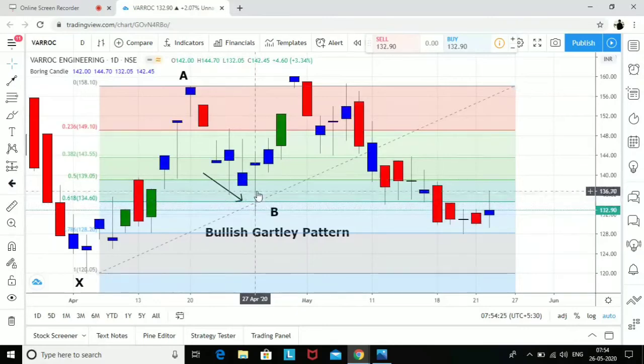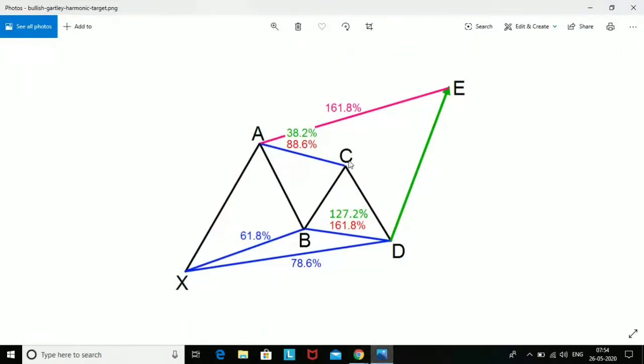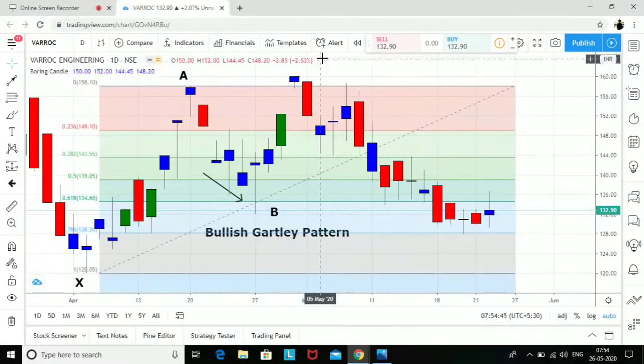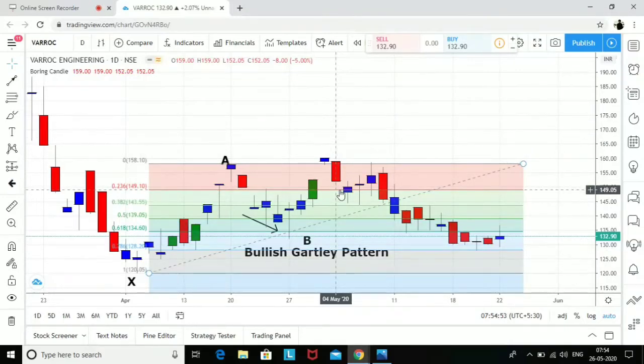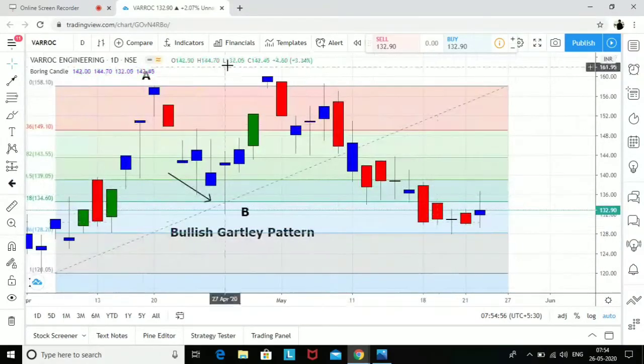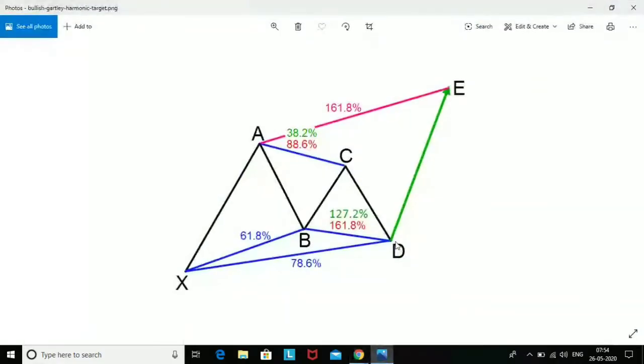Now the moment it gives a retracement, let me show you. Now here we can see C. For C, there is no hard and fast rule that it should have any ratio like 38.2, 50, 60. It can have any ratio. It can be below A, it can go above A also, right? So again, it doesn't matter whether C is above or below, because we are going to initiate a trade only when the pattern is going to complete. Here, whenever we get a D, which is the price reversal zone, at that time we are going to initiate a trade, right?